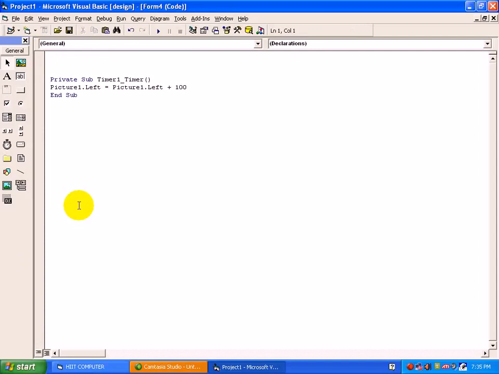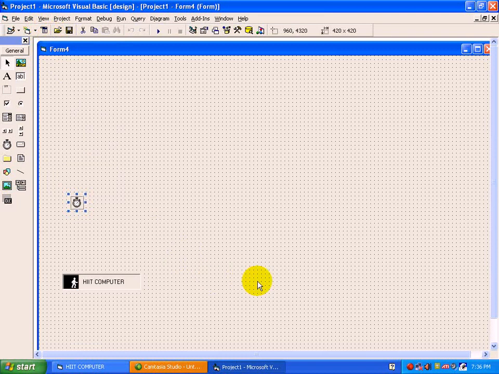Suppose you want to use your variable publicly, means it should work in each and every procedure. So always declare a variable on the first line, that is the general declaration section. Suppose dim a as integer. A is the variable name, and the data type of the variable is integer. With the help of this variable a, we can stop this control.